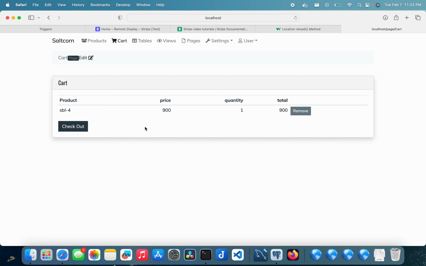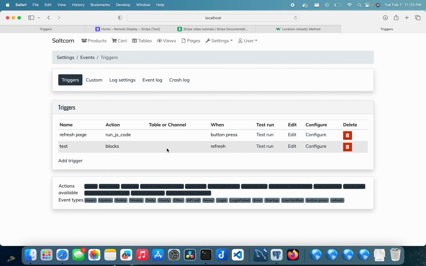It would convert it, but it wouldn't refresh the page to show you the updated cart. It's supposed to, because now that they're not in your cart anymore, they're not going to show up here. So I couldn't figure it out, and it turns out that when you run an event that refreshes the page, that's going to look like,